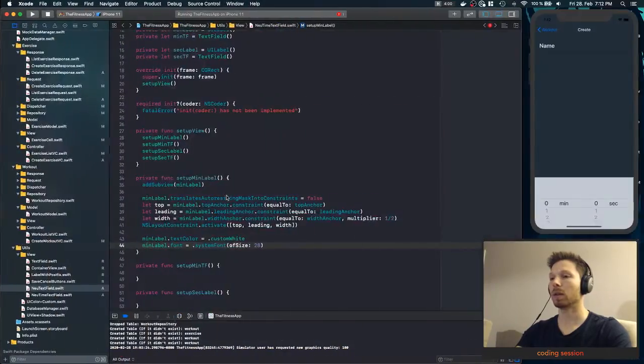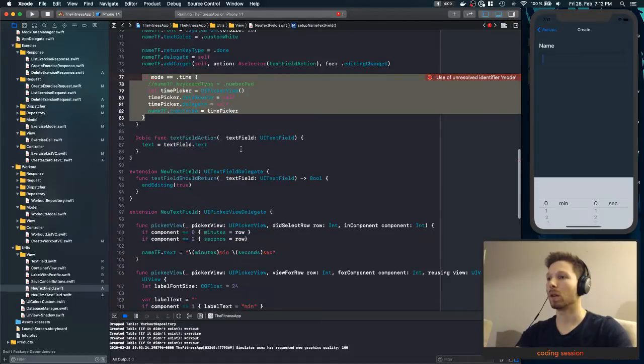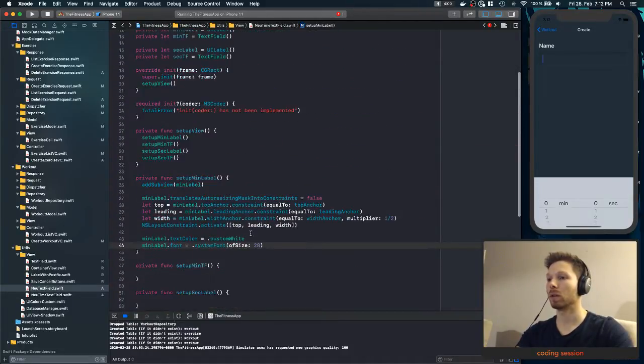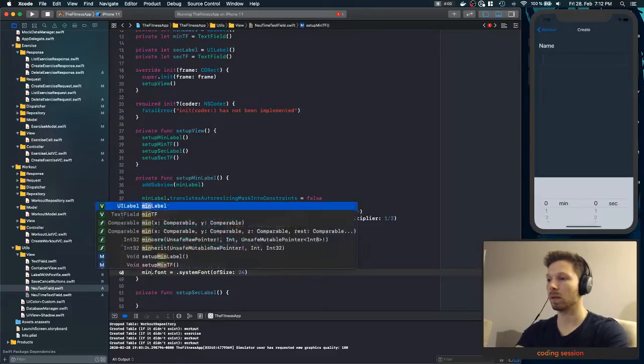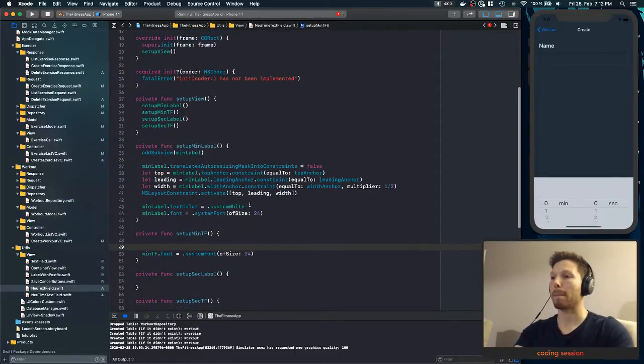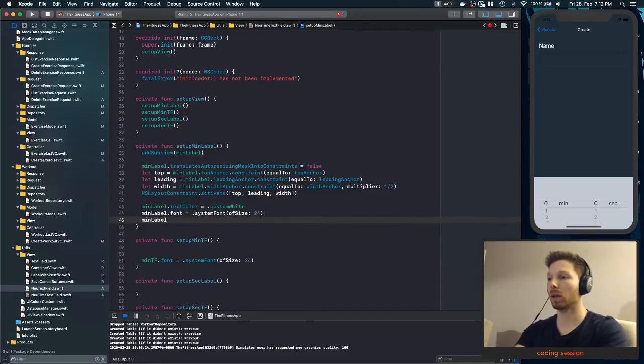Oh, one sec, that was for text field. What about the label? 24. So that's basically text field. And this one can already say